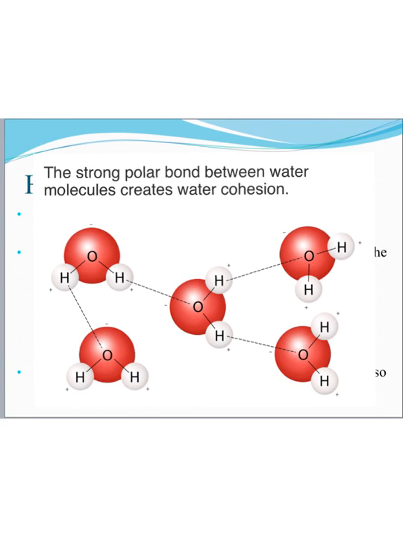These hydrogen bonds are weak compared to covalent, ionic, and metallic bonds, but they are the strongest of the intermolecular forces, which are other types of bonds similar to hydrogen bonds, where there's an attraction of molecules not sharing electrons, but still attracting to each other. And again, these differences in charges allow water to be a universal solvent, and it also allows water molecules to